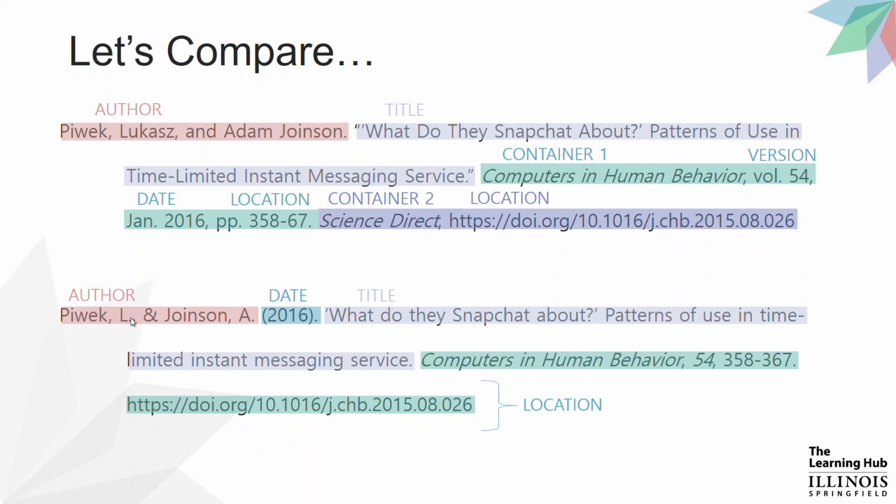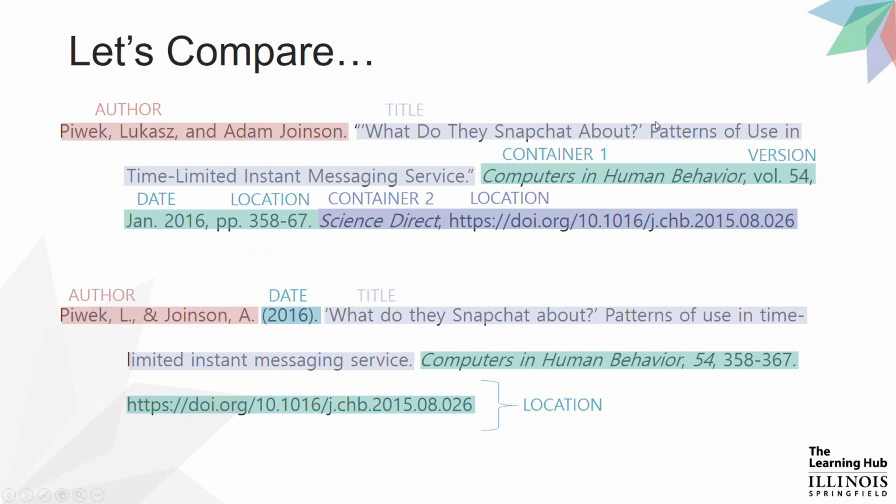earlier. So here you can see we have Puick, comma, L period, comma, and then an ampersand before the last author's name, but again it is last name, comma, initial. So authors are formatted a little bit differently. The date, like I said, was front-loaded in the APA citation, whereas in MLA we just jump right into the title. And then speaking of the title, you can see in MLA we have double quotes around the entire title,